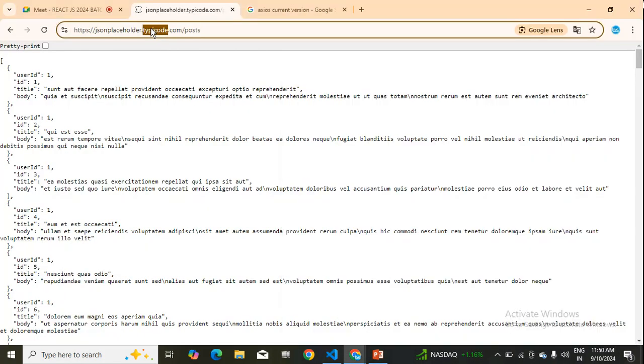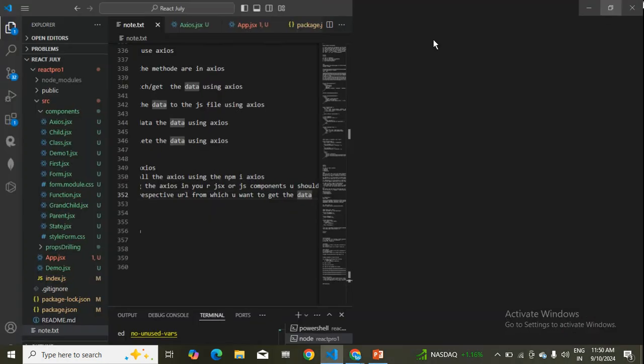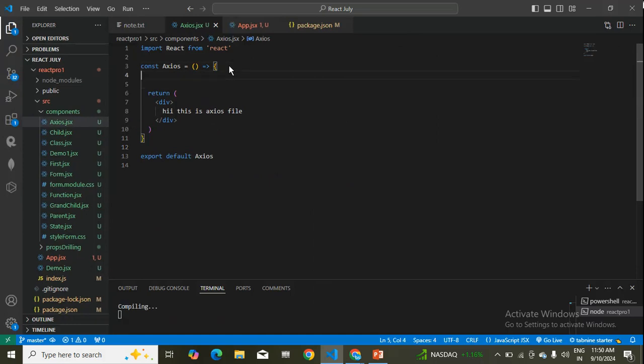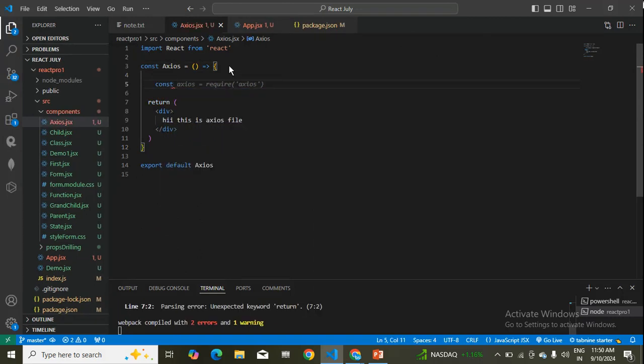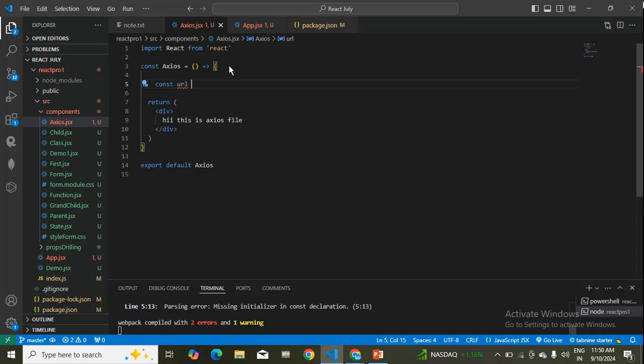So I have taken this URL, I'll copy this. You can also use it directly, or else you can also store it in one of the variables. So I'll just take const URL is equals to